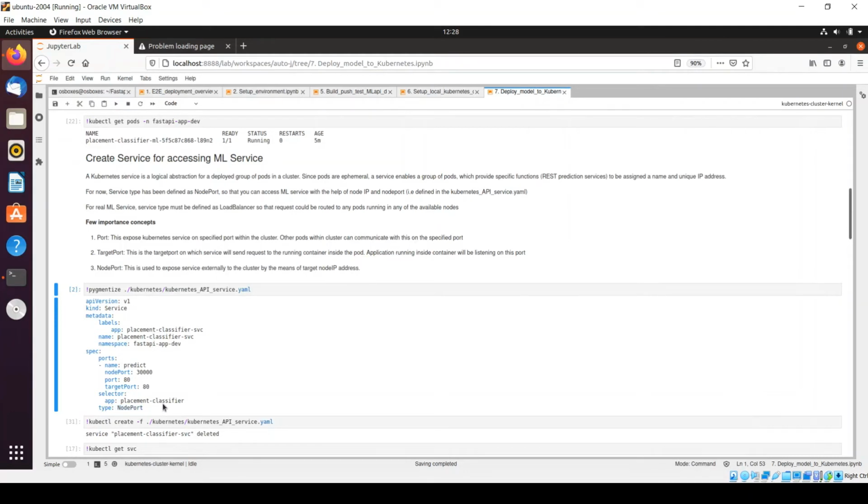But in practice, we define the type as load balancer, right? Which is another type of service through which we expose any service to the external world, right? Because it will also perform load balancing, right? Because using node port IP, you can only access one of the nodes.